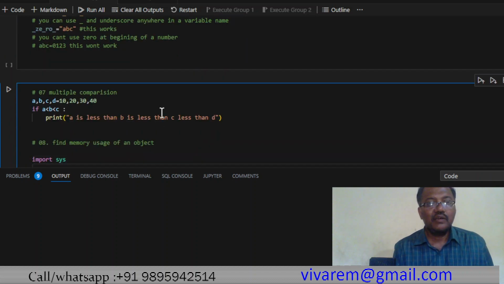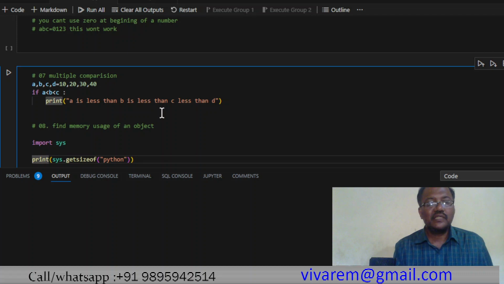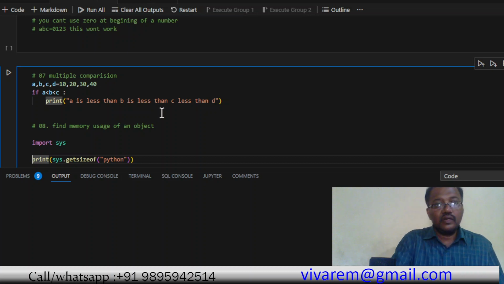And multiple comparisons are possible. Multiple comparisons usually mean you have to go for AND or something like that. In the case of Python, you can give A less than B less than C less than D directly, or A, B, C. We are giving values 10, 20, 30, 40. We can check A less than B less than C, or you can give